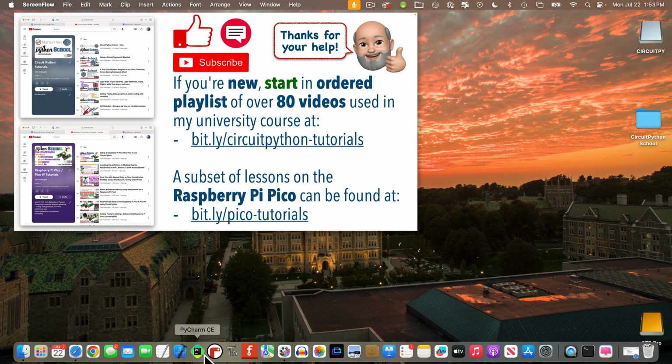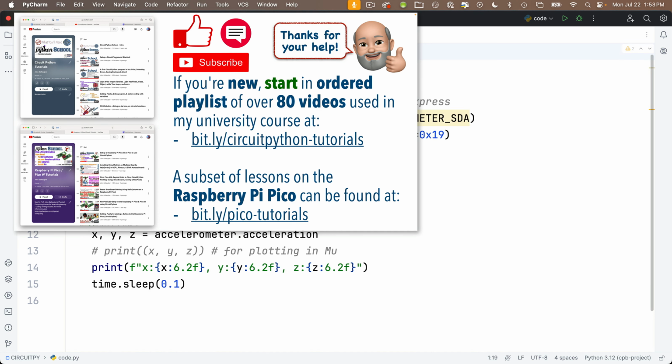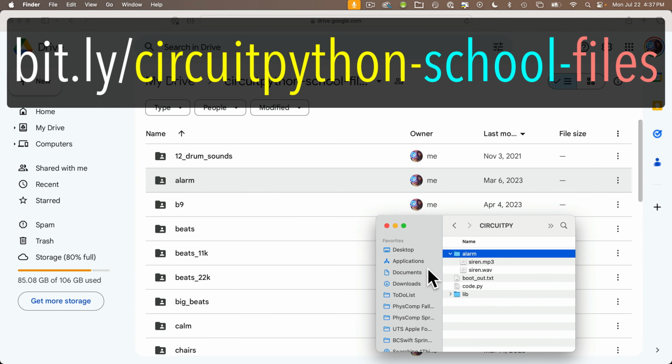Start up PyCharm. If you're new here, welcome. You may want to check out the prior lessons in the playlist to see how we got to this point. Also note, I'm assuming everyone here has a CircuitPlayground Bluefruit or Express with a folder named Alarm that contains a WAV file named Siren on it. If not, you can download the alarm folder from the open Google Drive at this URL,